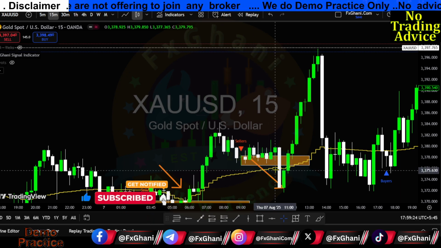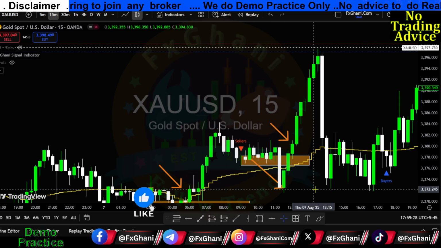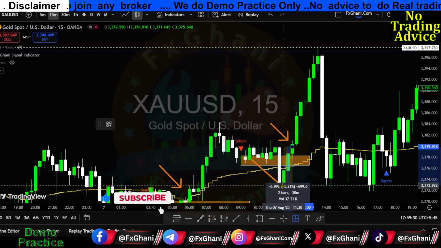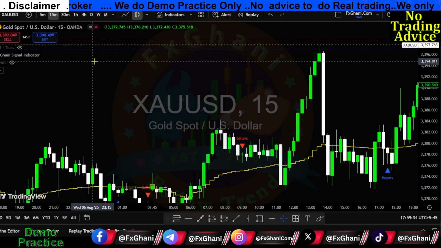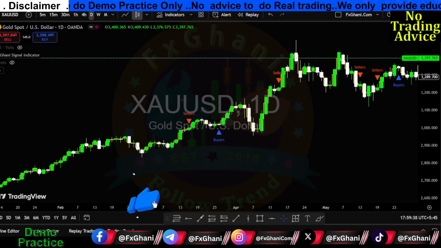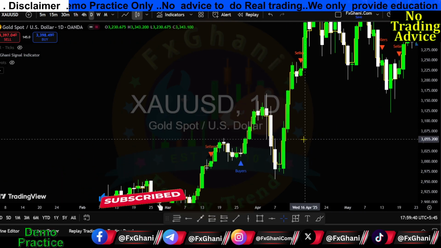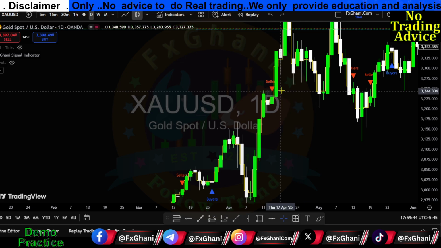Like right now you can see we open a buy trade when prices close above this area, so our stop loss is only 80 pips, 70 pips. But if I go to a higher time frame, suppose a daily time frame, the strategy is the same. So let me try to show you. Like here you can see